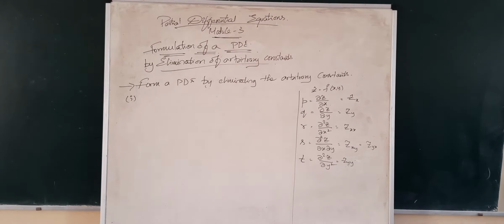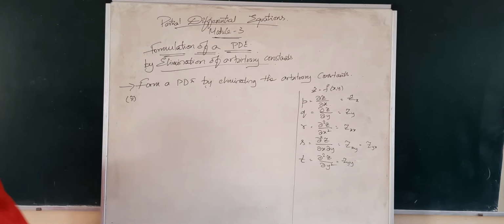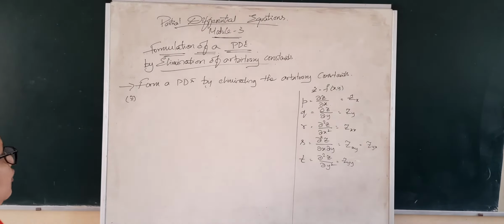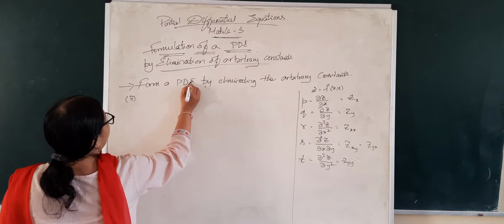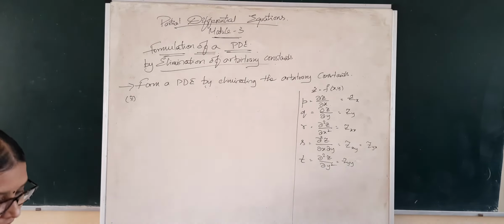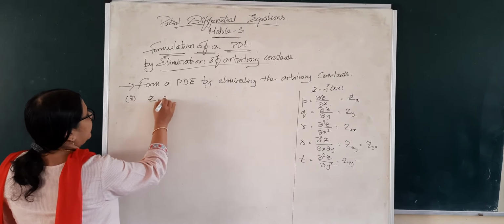Guys, let us see a few more problems on formulation of PDE. We have done one problem earlier. Now let us see a second one. To form a PDE by eliminating the arbitrary constants. The first method only. So the given equation here is z is equal to xy plus